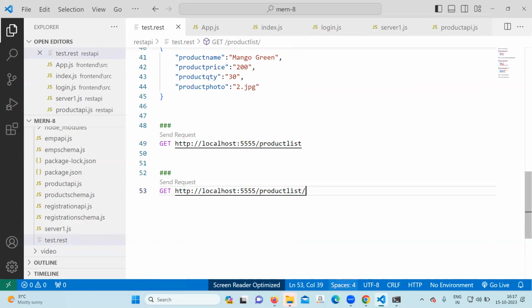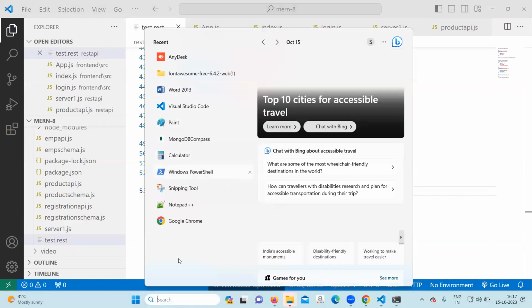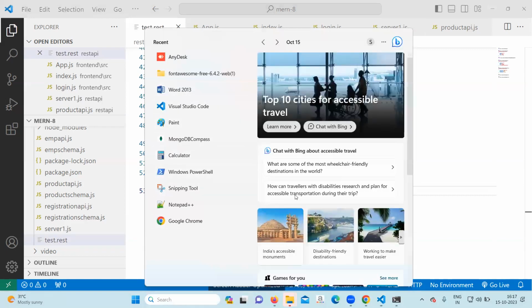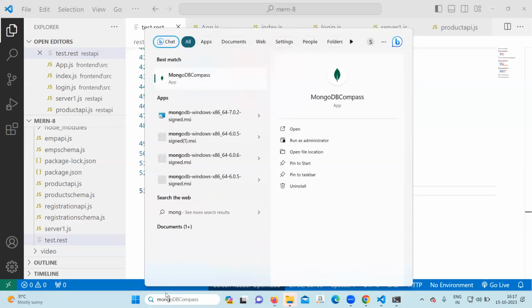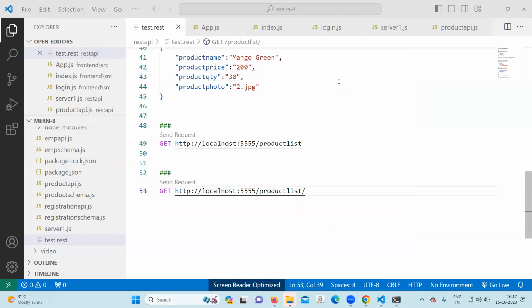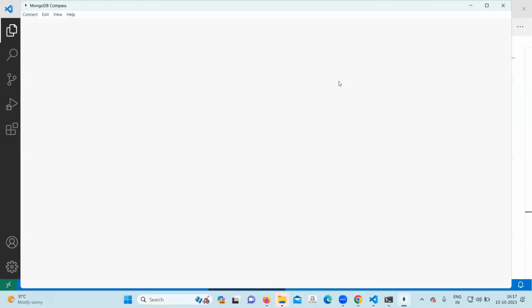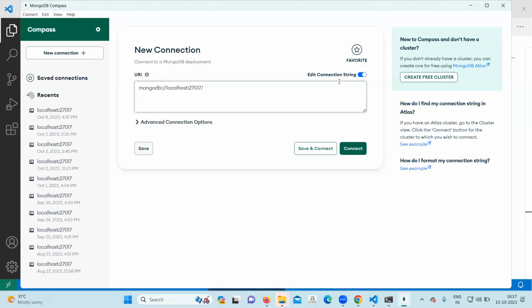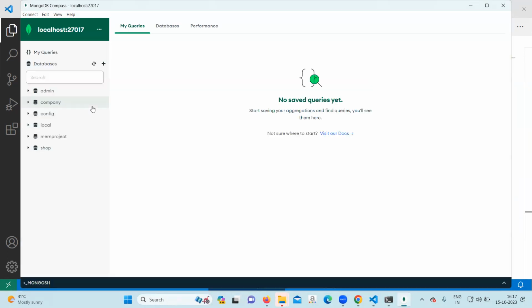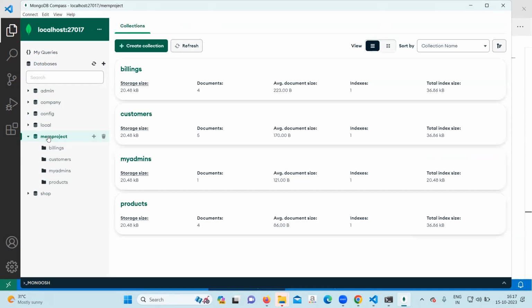Now open the MongoDB Compass. In MongoDB Compass, you will go to your database, one project,